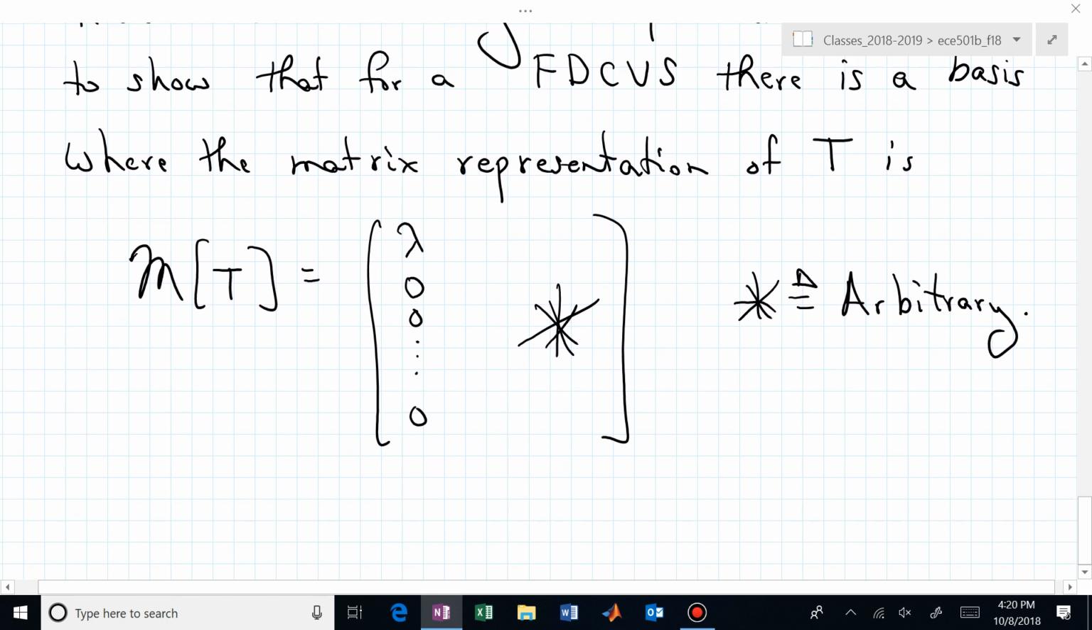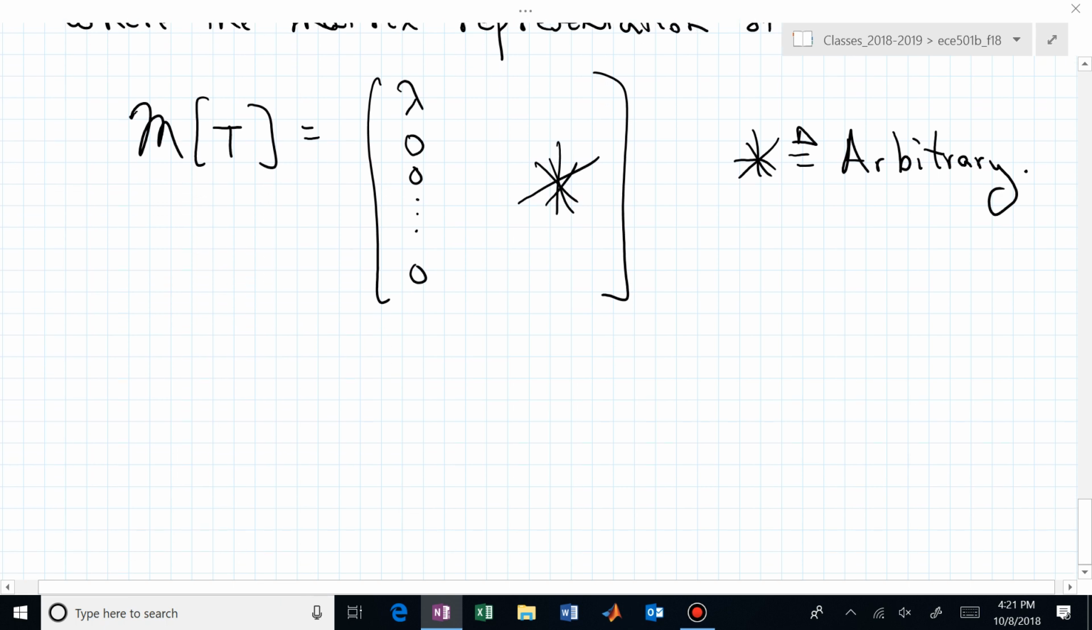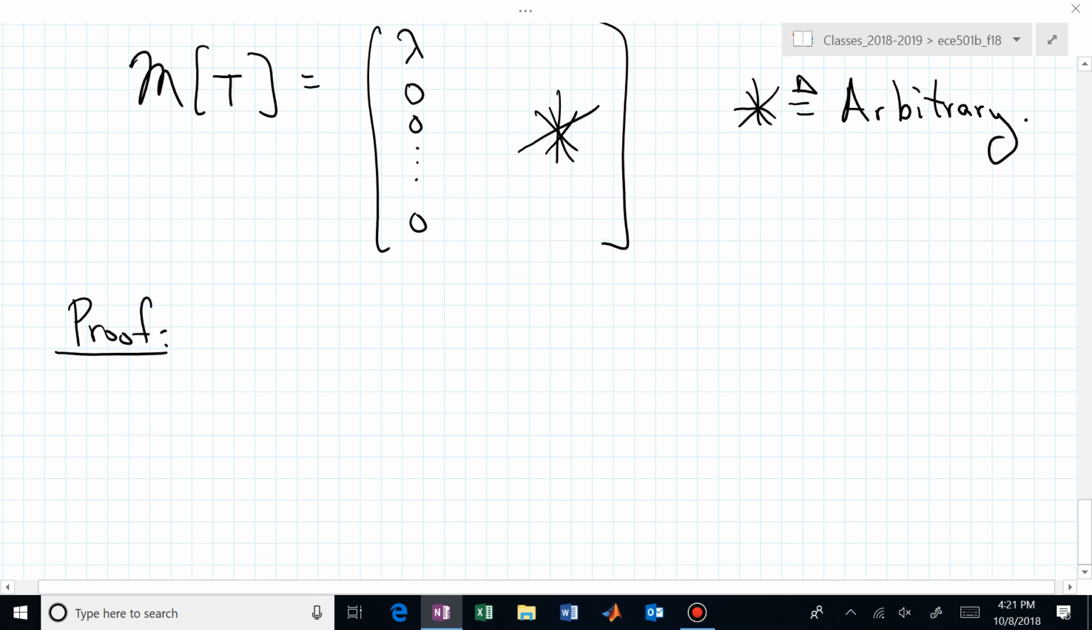But how can we already have the results to verify or to believe this, that we can find a basis of our vector space V, given a linear operator T, to put it into a matrix representation like this? So how do we verify that, or what's the thinking behind that? The proof is